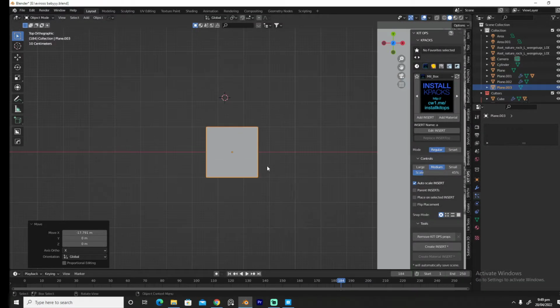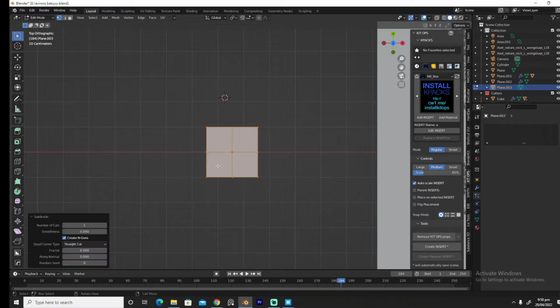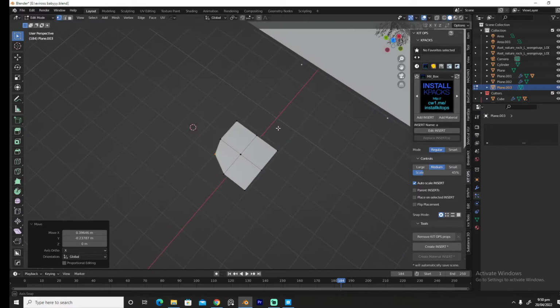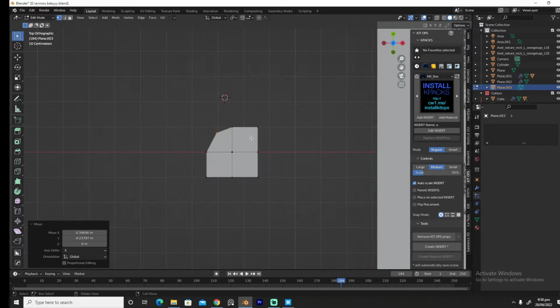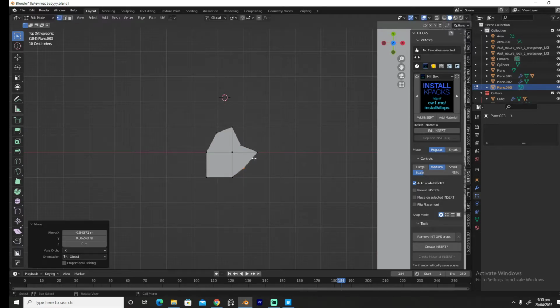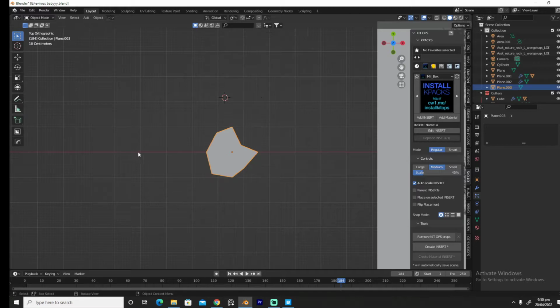Okay, so I'm gonna go into vertex selection mode, and first we're gonna select all and subdivide it, and then we're just gonna create some weird embers, and gonna create another Shift Y,